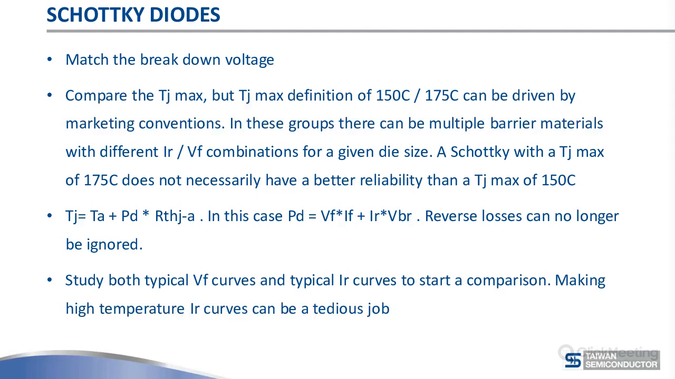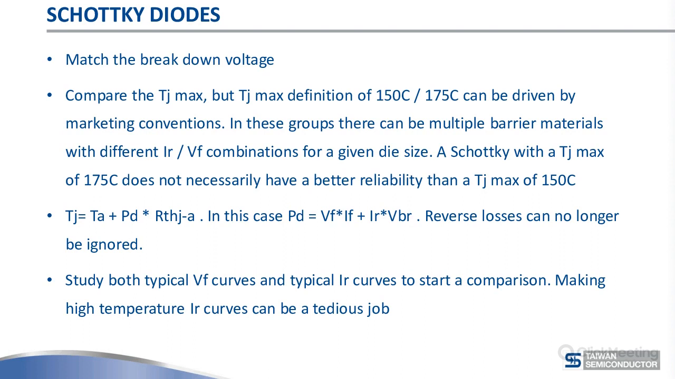Schottky diodes, how to cross-reference a Schottky diode. This is not so easy. This is the most difficult part to cross-reference. First of all, you match the breakdown voltage. But then the next step you could do is match the maximum junction temperature, 150 or 175 degrees C. But this is not so easy because these things are determined a little bit by marketing